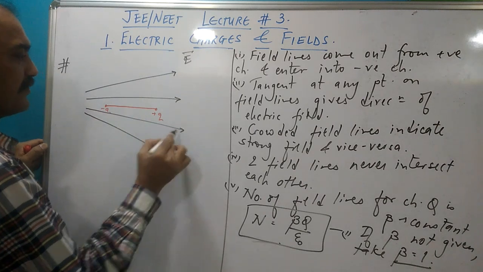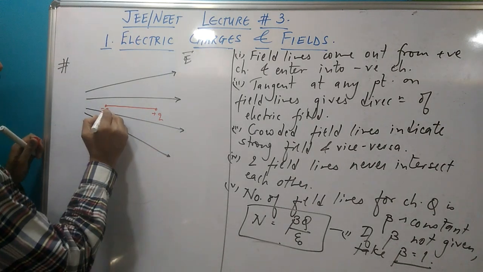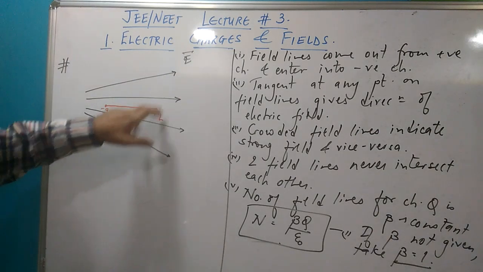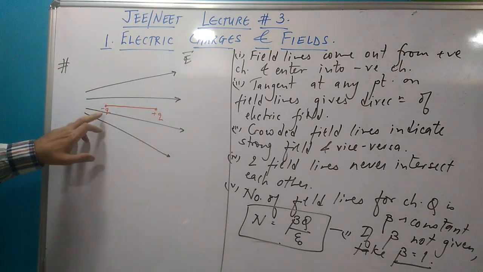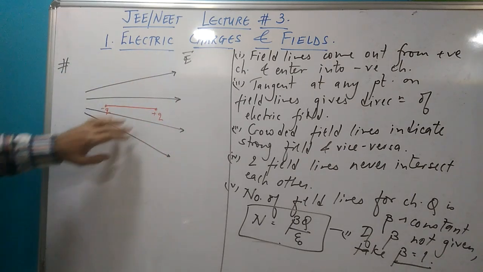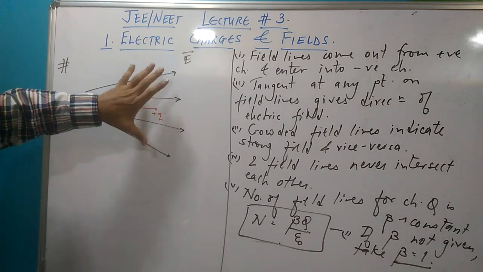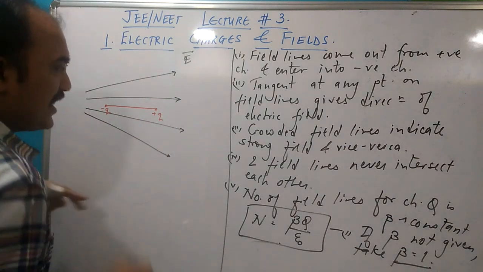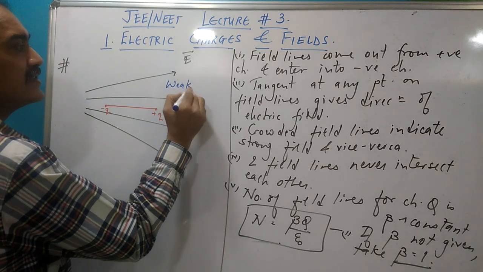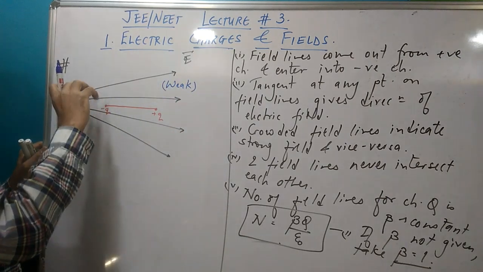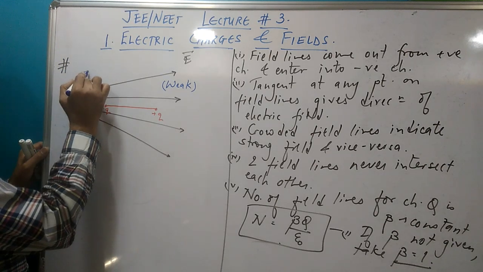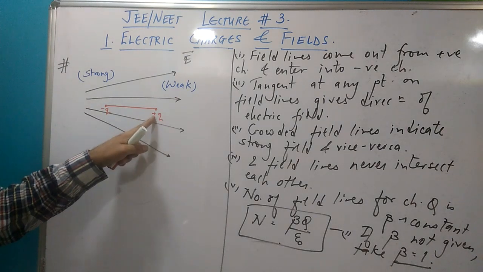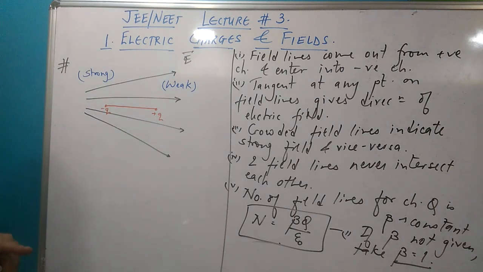Maybe this diagram will do the trick. Now if you look at the dipole, can you see that plus Q charge is in this region, whereas minus Q charge is in this region? In this particular region, the field lines are widely spaced apart. So here, this indicates weak field. Whereas here, the field lines are closed. They are crowded. So this indicates strong field. Secondly, I hope you remember, F bar is QE bar.